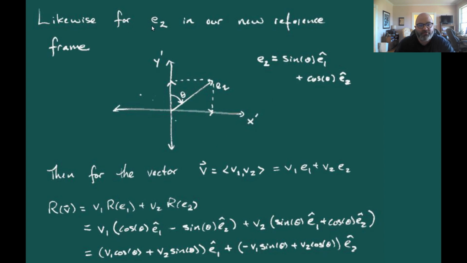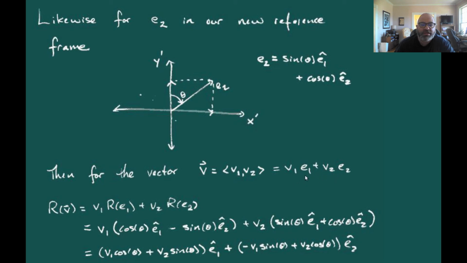If we do the same thing for e2 in our new reference frame, with respect to our rotated reference frame e1 hat and e2 hat, or the x prime and y prime directions, then e2 ends up looking like sine theta times e1 hat and cosine theta times e2 hat. So if we've got a general vector v of the form (v1, v2),